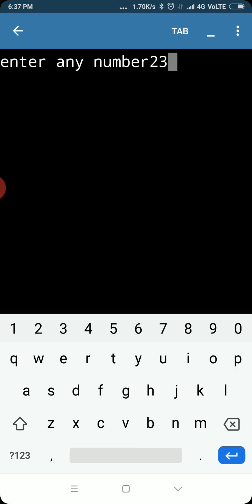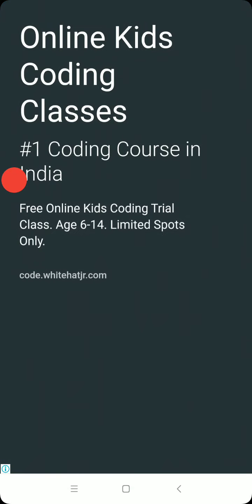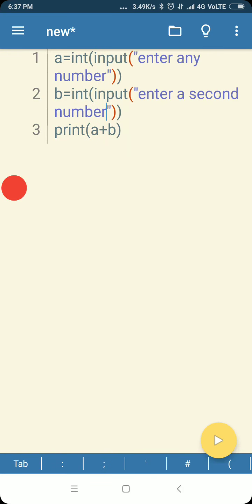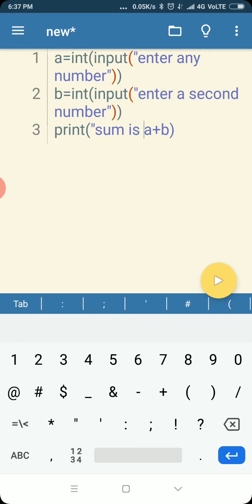And then when you are selecting enter, enter the second number. Second number also any number you can enter. Now it is showing here directly 27. So in the output, if I use some user friendly terms like in the print command, if I am writing that the sum of the two numbers is, so in double quotes I am writing here sum is.